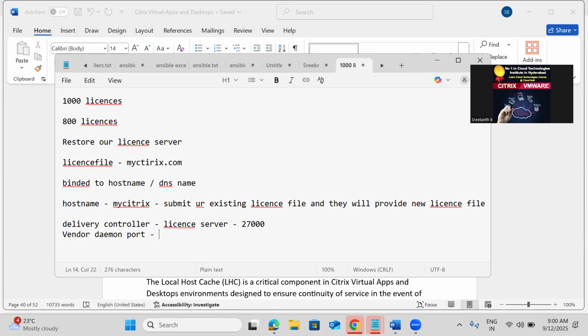7279. What is the meaning of 7279? In which scenario is that used? Say the license server is going to contact that license file, read it, and decrypt the encryption. For all these, we are going to use that 7279 port. Then we have the license server